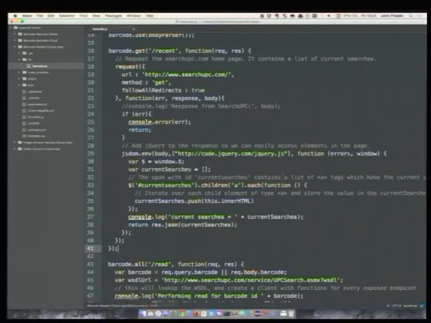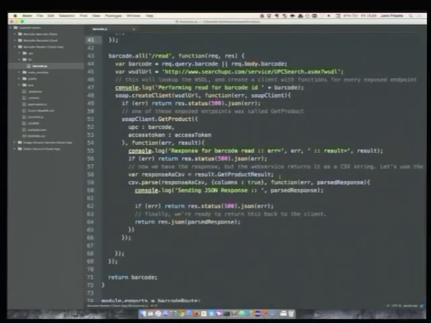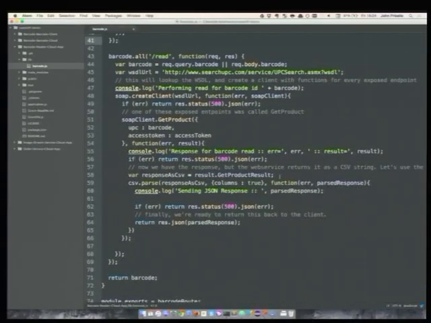Similarly for the read endpoint, in this case, we're using the SOAP endpoint. We're using another node module here called SOAP. We're creating a SOAP client. We are calling the get products function exposed from the WSDL. We get our response back.